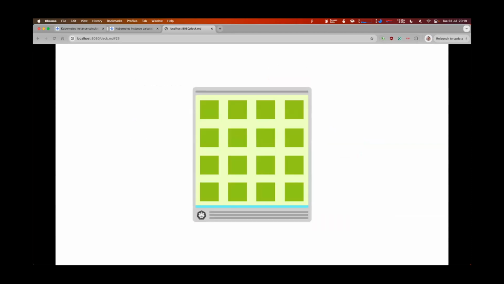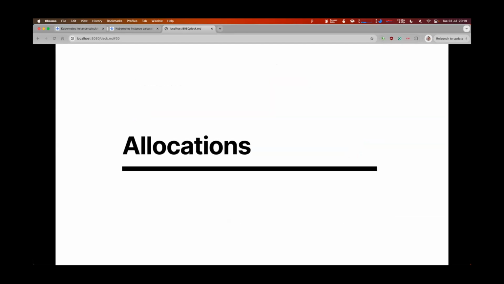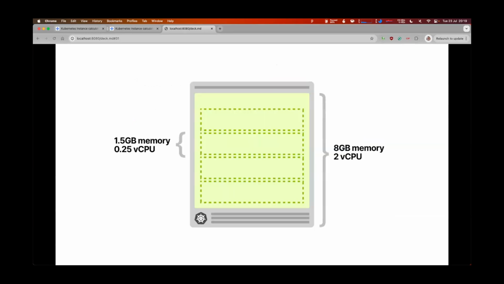So the question at this point is, okay, I've got a node and I've got some pods. Should I use a small instance? Should I use a big instance? Well, it turns out that things are a little bit complicated. So let's have a look at an example. I've got an instance, and this instance has 8 GB of memory and 2 CPUs. And I've got a pod I want to deploy, and that pod has got 1.5 GB of memory and 1/4